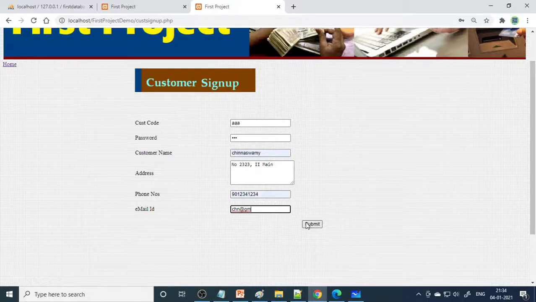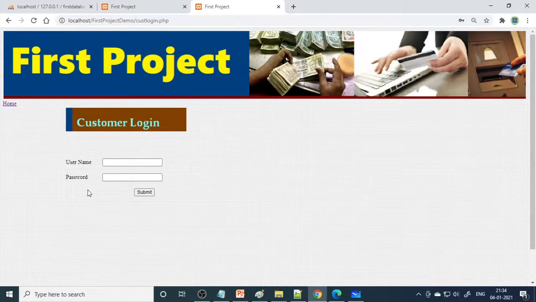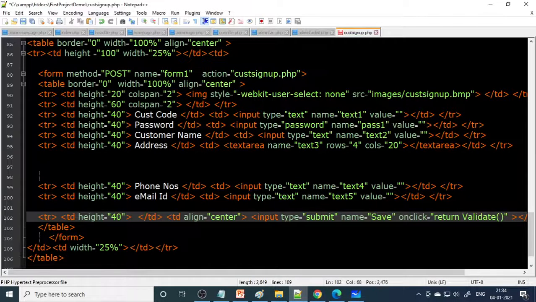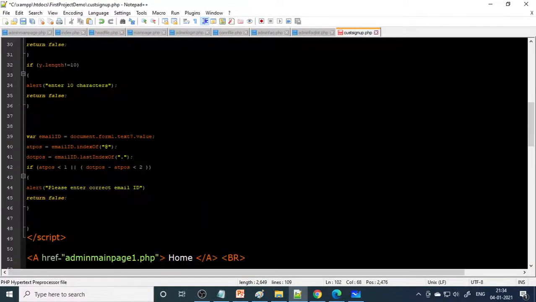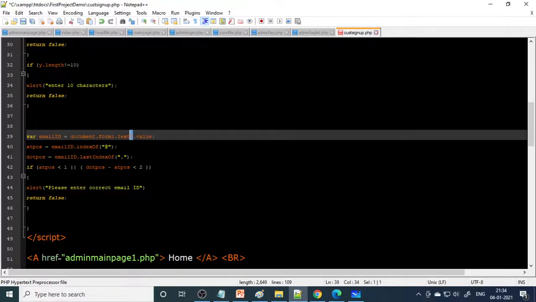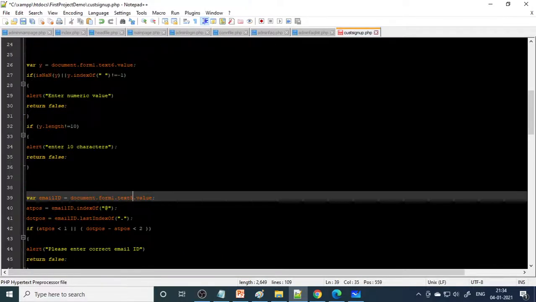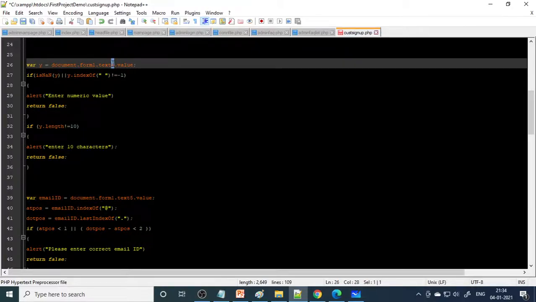So if you don't take correct mail ID, okay. So I think his number is wrong here. So now it's text 4, text 5, but here for email ID it's text 7 actually. It's supposed to be 5 here. Okay, so then it's supposed to be 4 here.